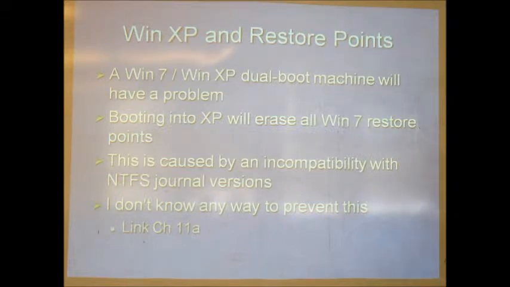The reason it happens is because there are different versions of NTFS. You don't notice it, but each version of Windows uses a slightly different disk format. What changes is the journal. NTFS is a journaling file system. Every time your operating system is doing something, it's writing, okay, I'm copying a file to the disk, I'm on block 1, I'm on block 2. It has a log of everything it's doing, so that if the power fails or it crashes, when it boots back up,